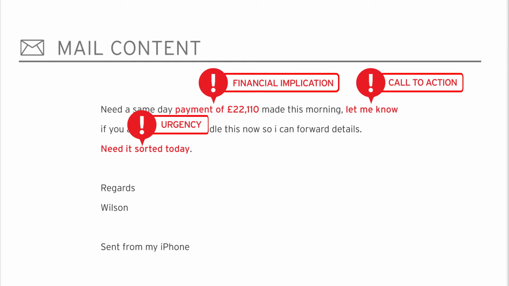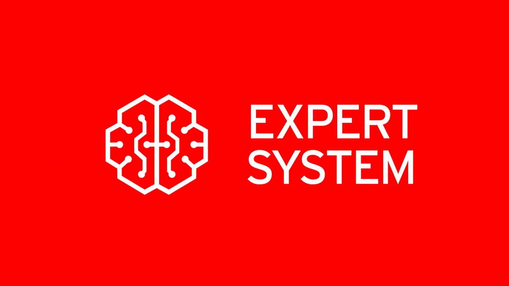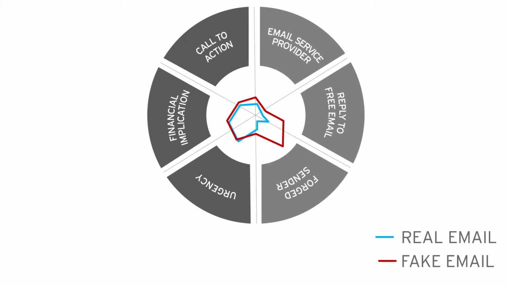We can mimic the decision-making process of the security researcher with a form of artificial intelligence called an expert system. The rules of the researcher decide which factors of the email to examine and rank whether they are suspicious. Looking at a graph of the results so far, we can see that the expert rules sees the red email as suspicious based on both the email intention aspects on the left side of the graph and attacker behavior aspects